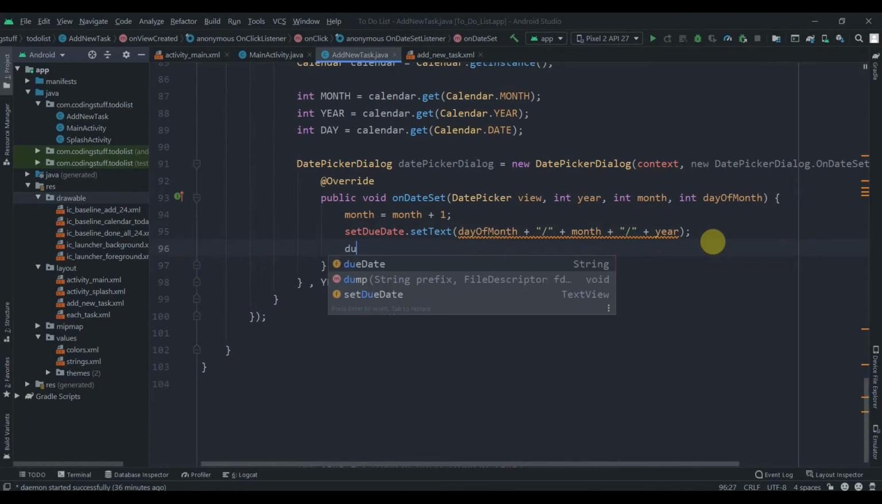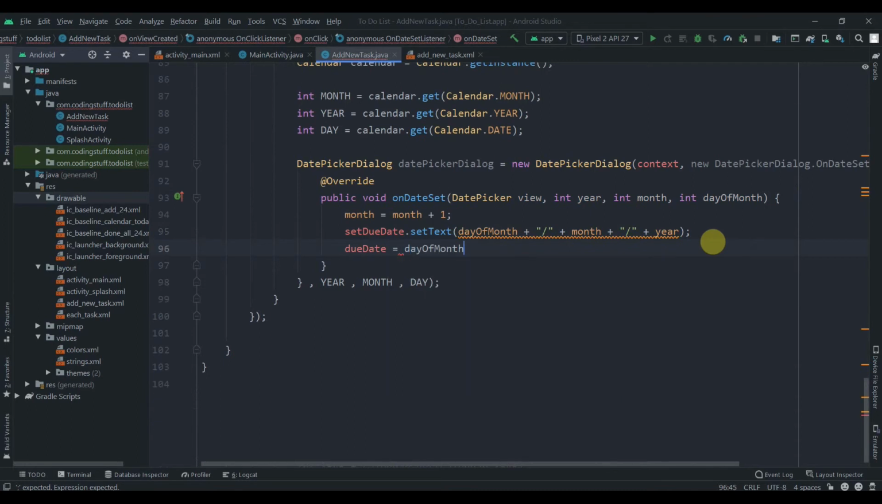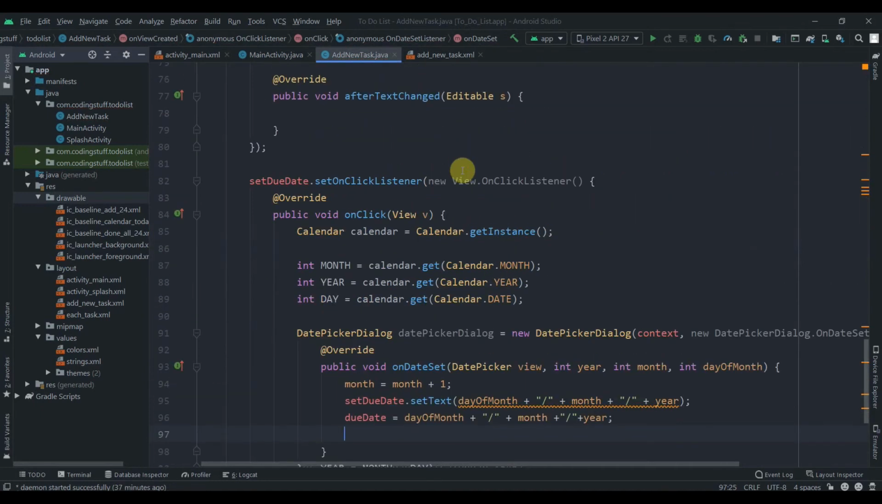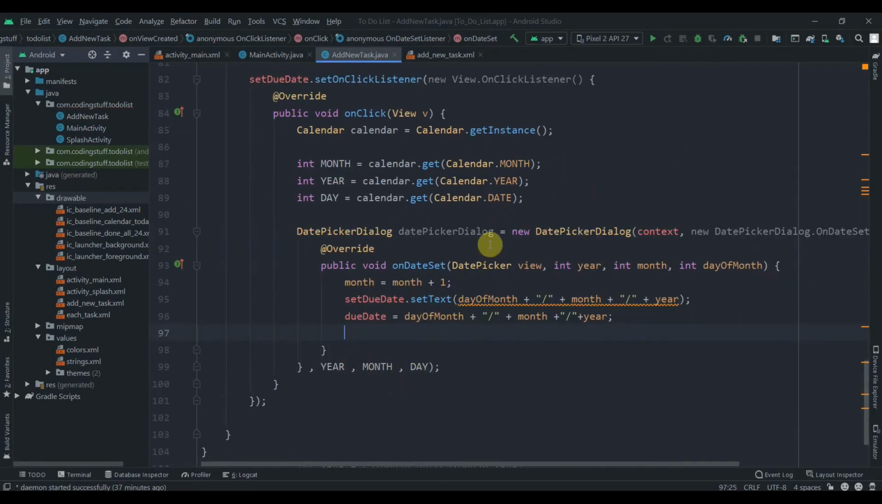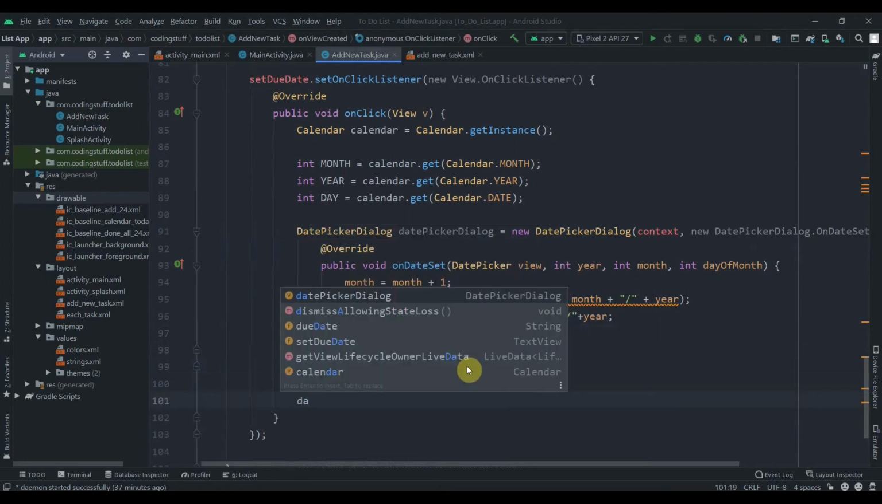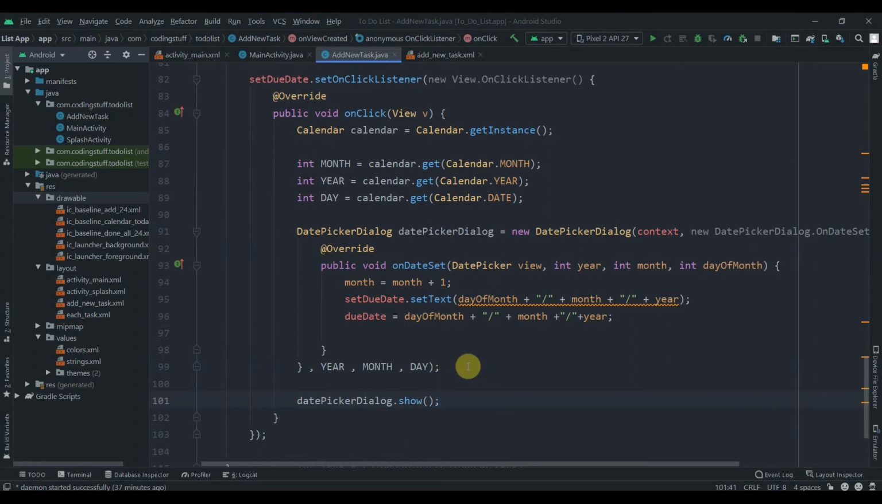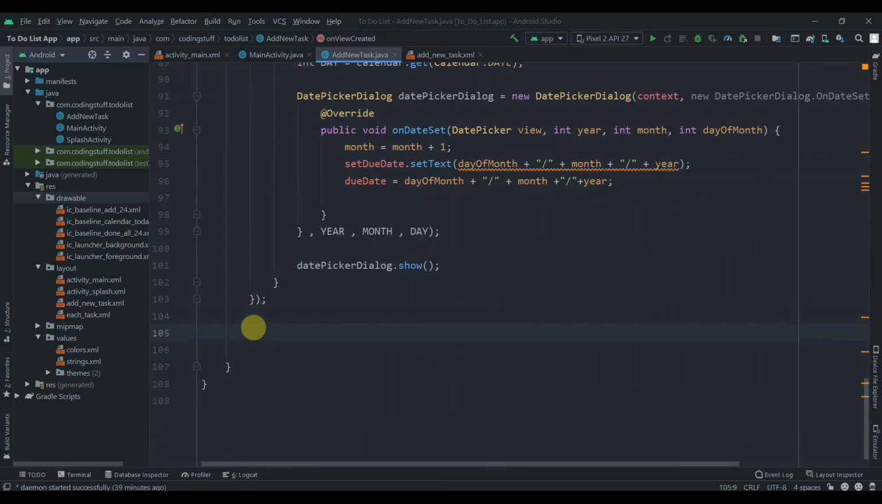So here, due date equals our day of month plus the year. Yeah, so that's pretty much it for the date picker dialog. Now we just need to show it. So here, datePickerDialog.show. Now we'll add an on click listener to our save button. So .setOnClickListener, new OnClickListener,